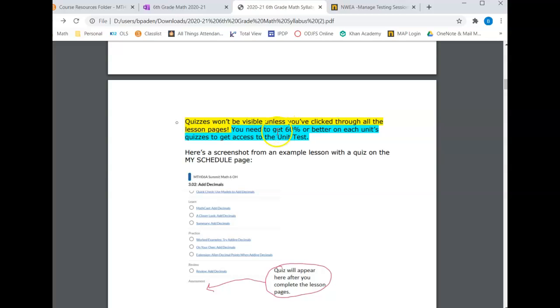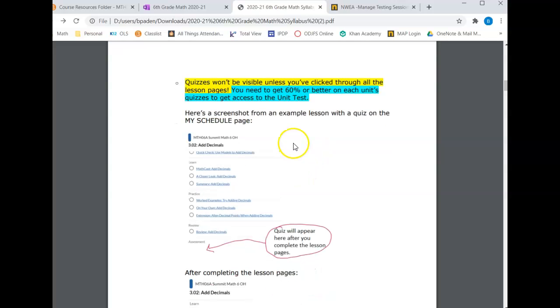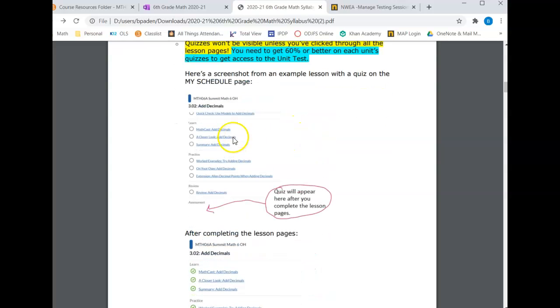And this is really important. You need to get a 60% or better. That's 3 out of 5 or better on all of your quizzes in each unit in order to have access to the unit test. So here's a screenshot of what it looks like on your My Schedule page, like a